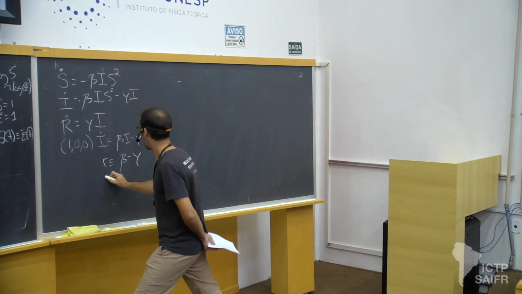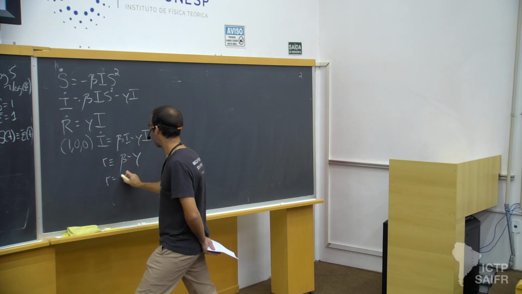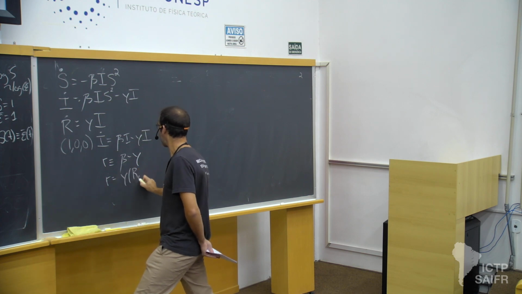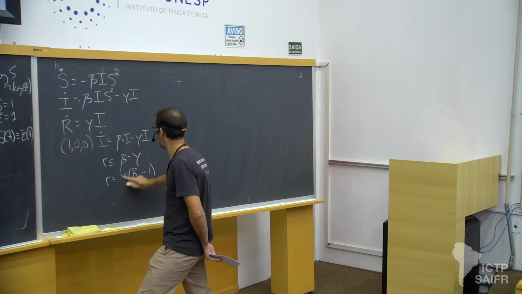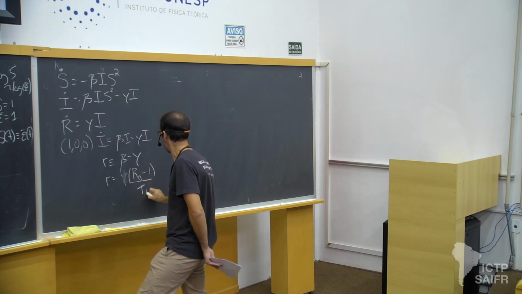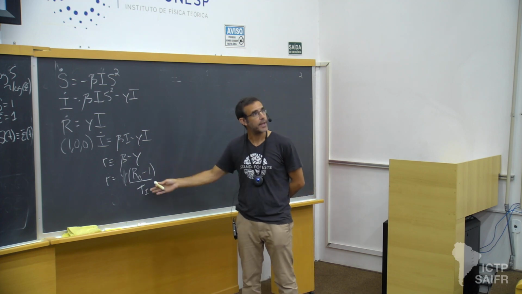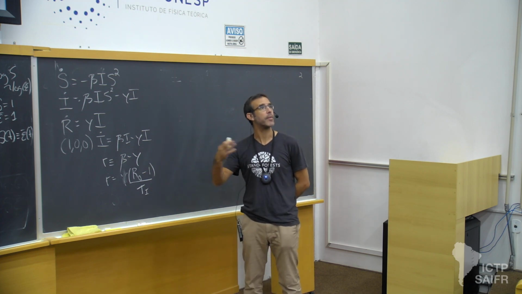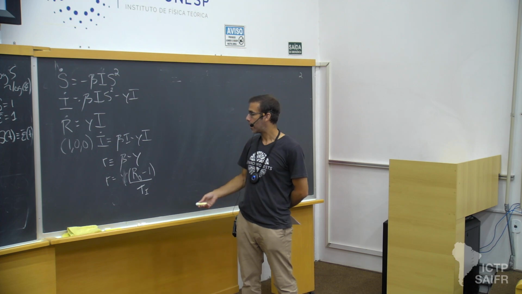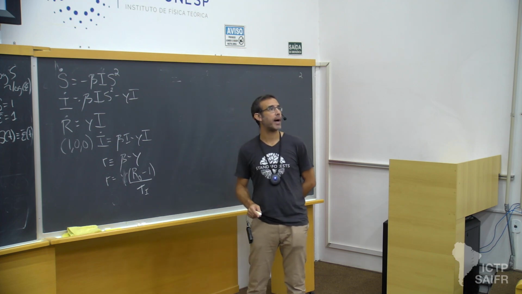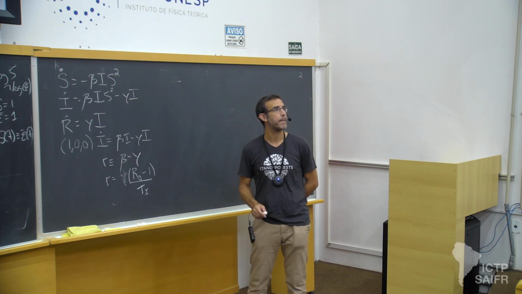Or R, if I pull out a gamma, is just the classic result for the SIR model, that the speed relates to the basic reproduction number. If it's greater than 1, we have a positive speed, and the time scale is set by the recovery period. Okay?